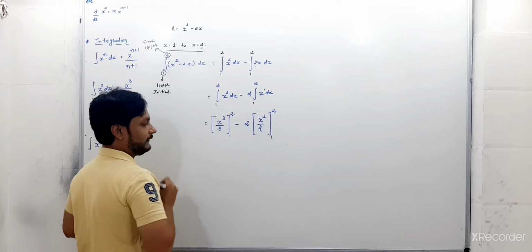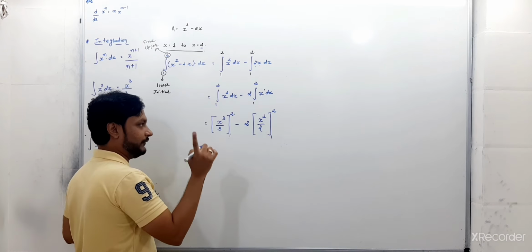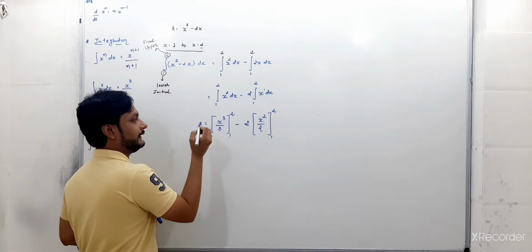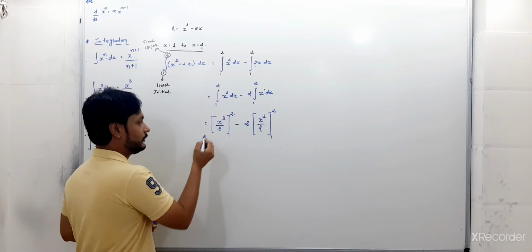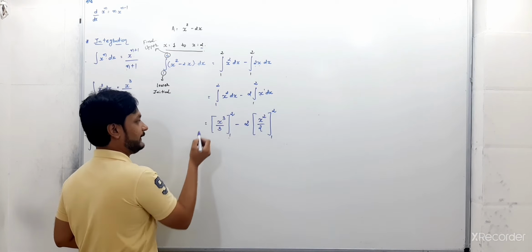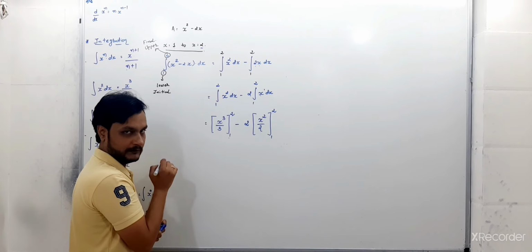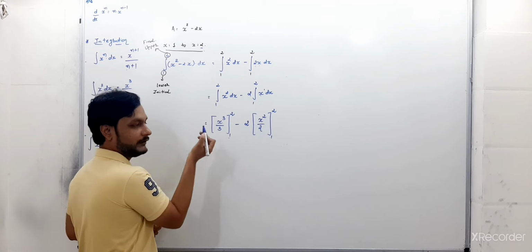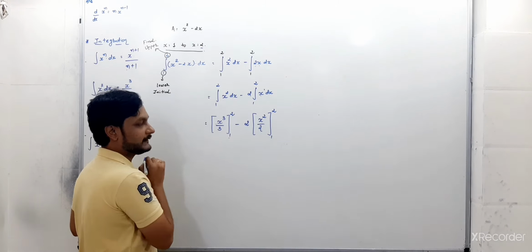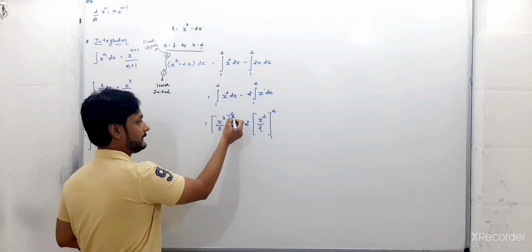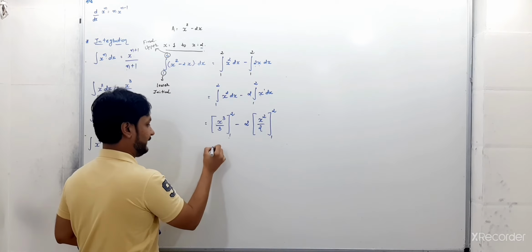Initial value is where? To the lower side. Now we will put the values in the changing quantity. So here the changing quantity is what? X, where we can place our value, right? It's a constant, so we can place x. Onto the x we place first of all the final value.